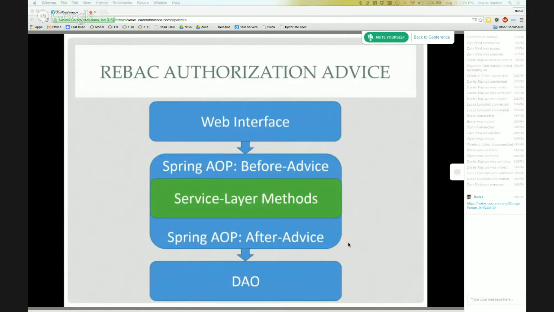If the existing authorization advice denies access to the service layer method, then the ReBAC authorization advice is not even invoked. The thing that's different here is that instead of just having a before advice, we also have an after advice. And that's because of the way the ReBAC authorization advice needs to function. And I'll show that here.